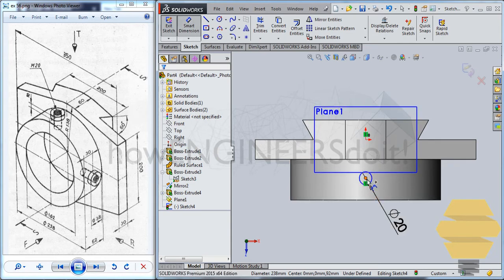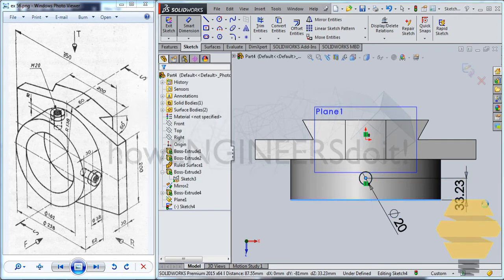Go for smart dimension and place it at 30 here,